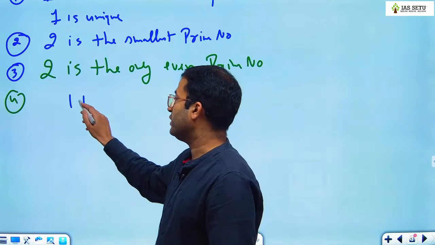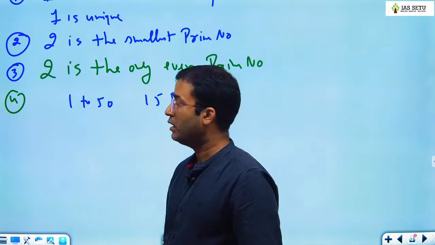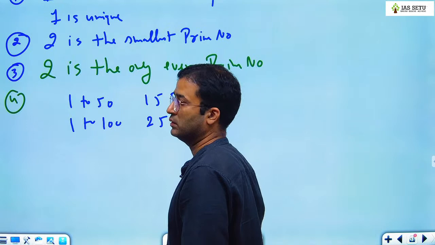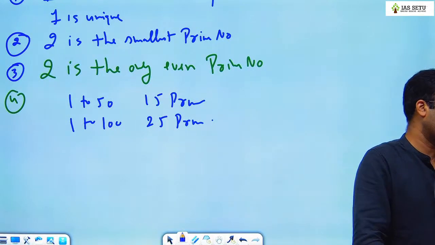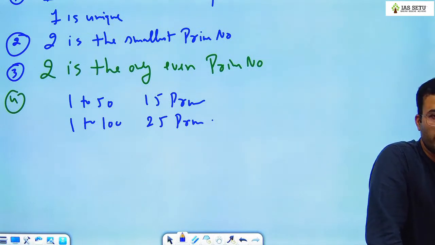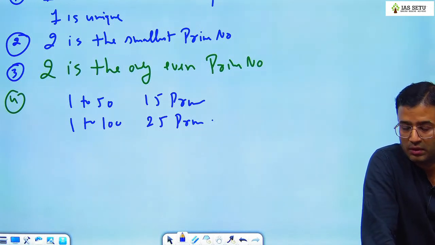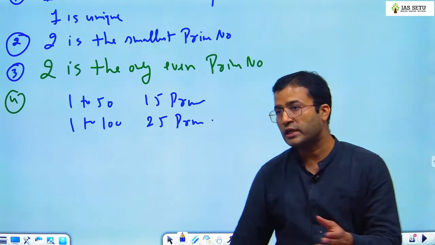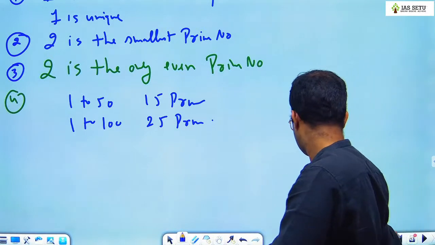1 to 50 there are 15 prime number. 1 to 100 there are 25 prime number. 1 से 50 के बीच में 15 प्राइम नंबर है. एंड 1 to 100 there are 25 prime number. I give you one mnemonic for that so that all of you can remember in the class itself. ठीक है? This is like